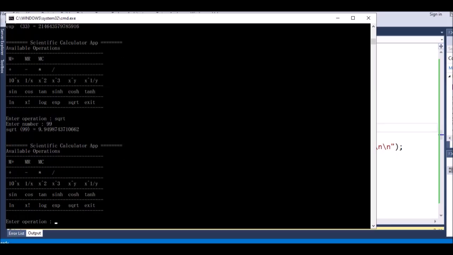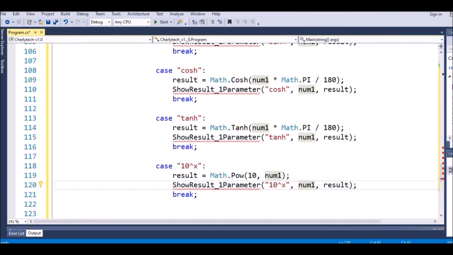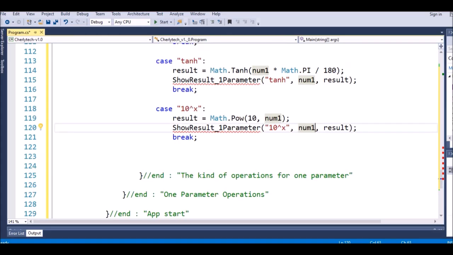Okay. So now to exit, just put exit. So now the program says calculator closed. Number one and result. So next we'll talk about